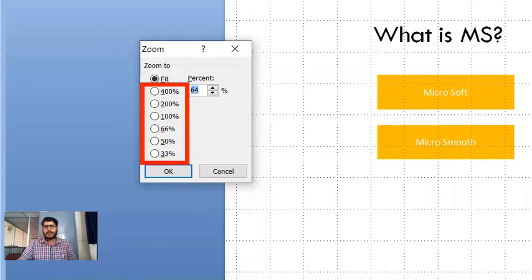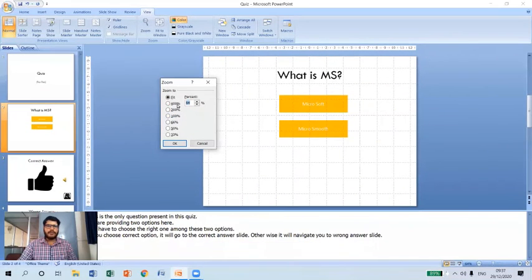Suppose I want to zoom to 400, I can enable this option. 200, I can enable this option. For 100%, I can enable this option likewise. Or we can even specify a custom size by using the percentage option available here.